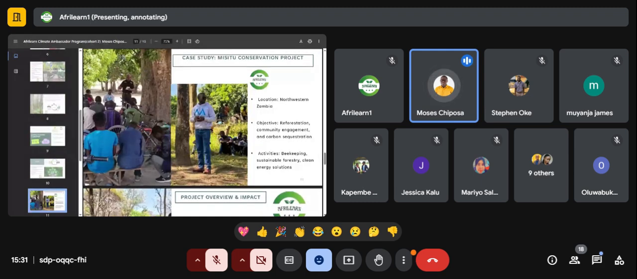Yes, Misitu Conservation Project. Misitu is a Swahili name that means forests. The project that we are working on is called Misitu. And the Misitu Conservation Project is a